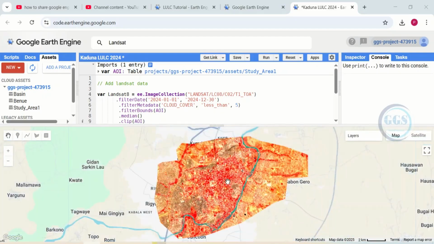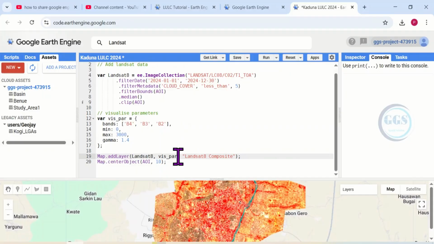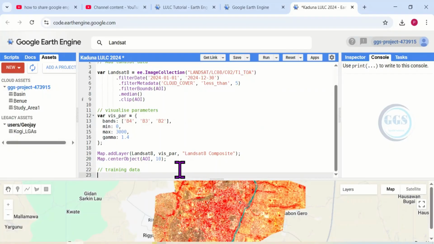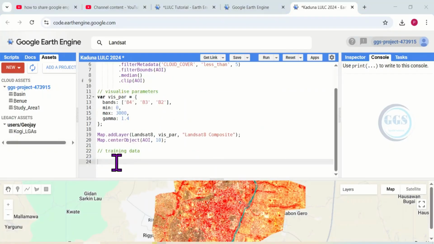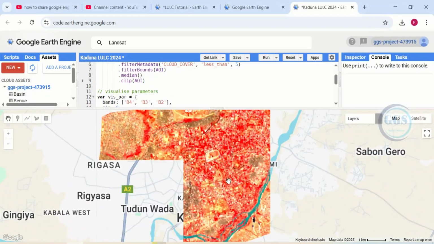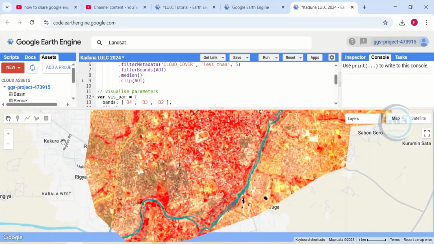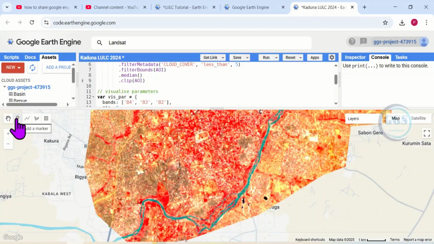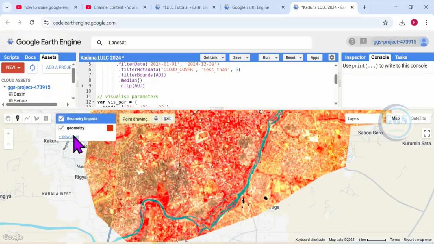So now let's create the training data. So it is time for me to create the training data for my classifications. To do that, you can zoom in to see it properly. Then I'll come here, click on this add marker, then come here and